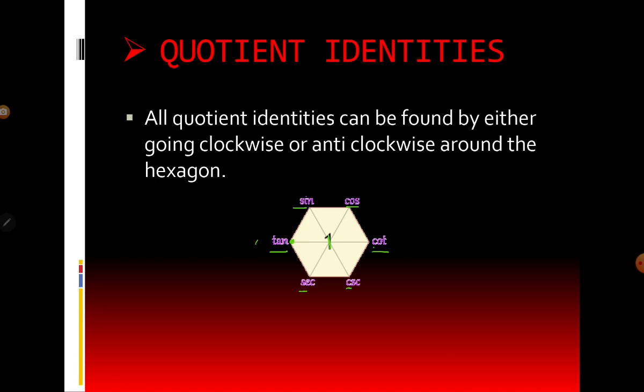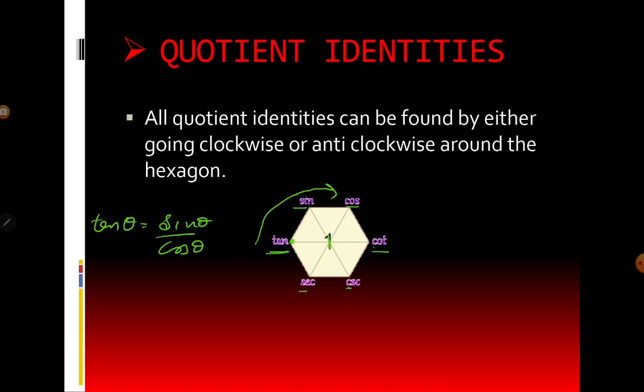First of all, I'm going clockwise direction. So I'm using these three functions, tan, sine and cos. So now I have three functions, tan, sine, cos. If I have to write tan theta, how will I write? Tan theta is what? Sine theta by cos theta, as we already discussed in first identity.